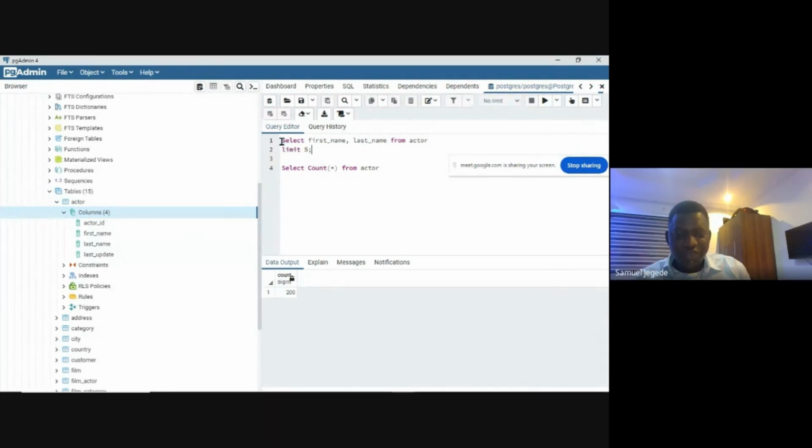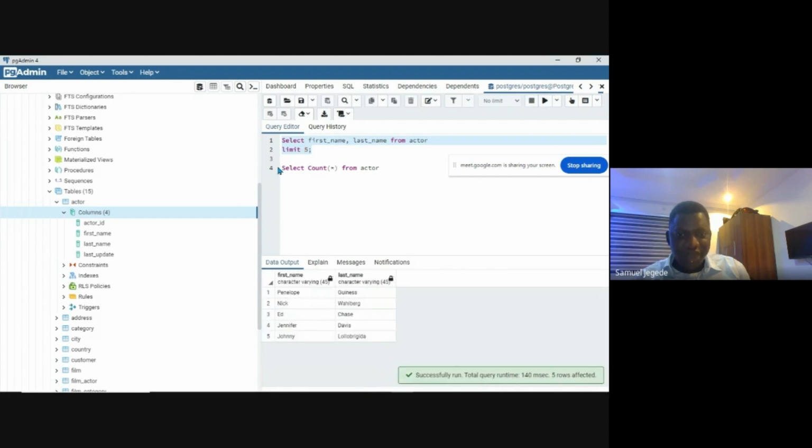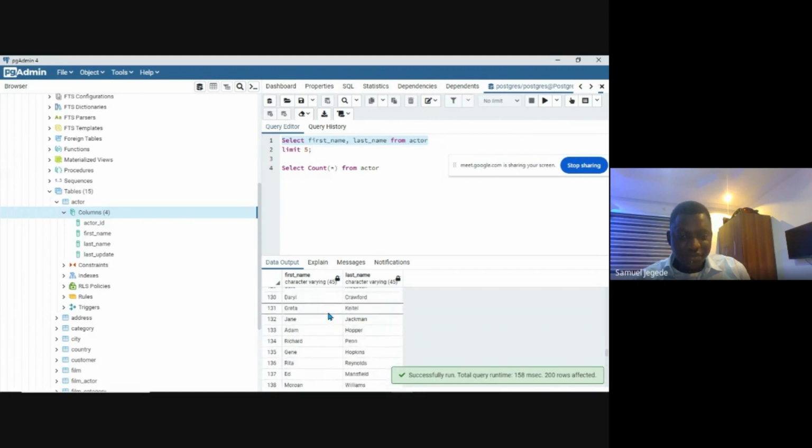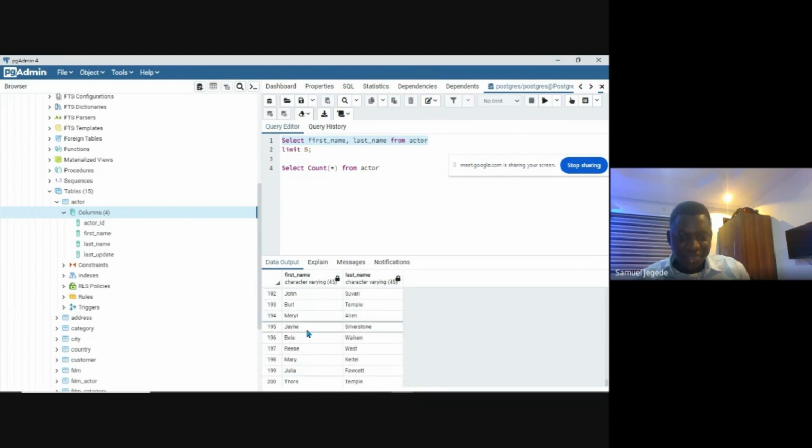No, you can't. If you notice, when I wanted to run it, I selected everything together. You cannot just type limit 5. What are you limiting 5 for? If you had limit 5, you are telling it that you want to see only 5 after you've run this. But you cannot just type limit 5, it shows you an error. You can see me highlighting all and clicking run with limit 5. If I don't put the limit 5, it will show me everything. Let me run only this first line. It will show me everything. Can you see everything? The 200 actors that I have. All the 200 actors. Can you see a maximum of 200?